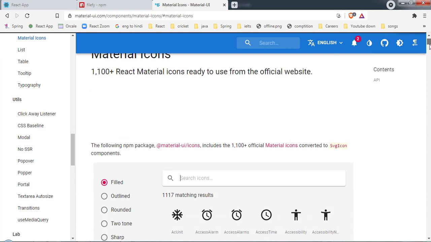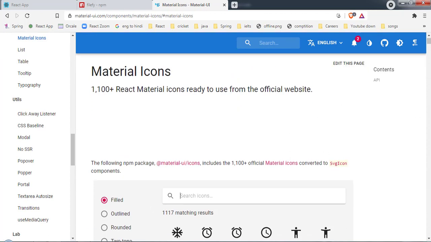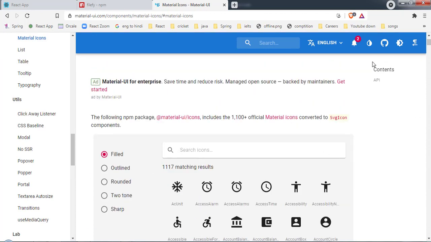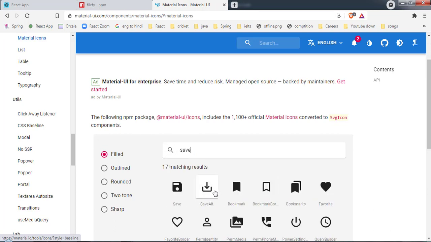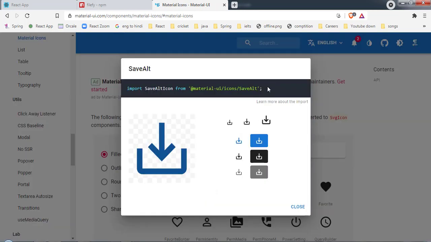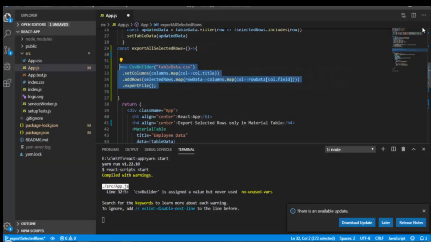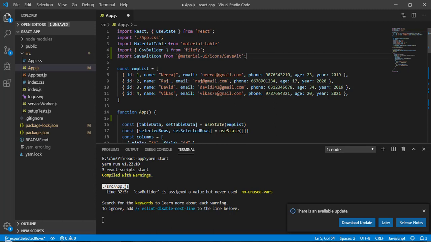Here, as you can see, we have 1000+ icons. Now we have to search, let's search for cloud. If you want you can have this icon, otherwise we can have another icon as well. Save. So let's copy this from here, and let's come back and paste it here.